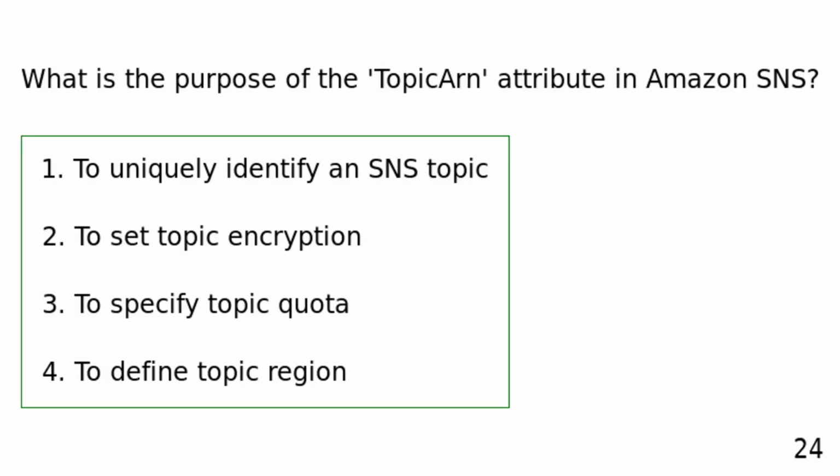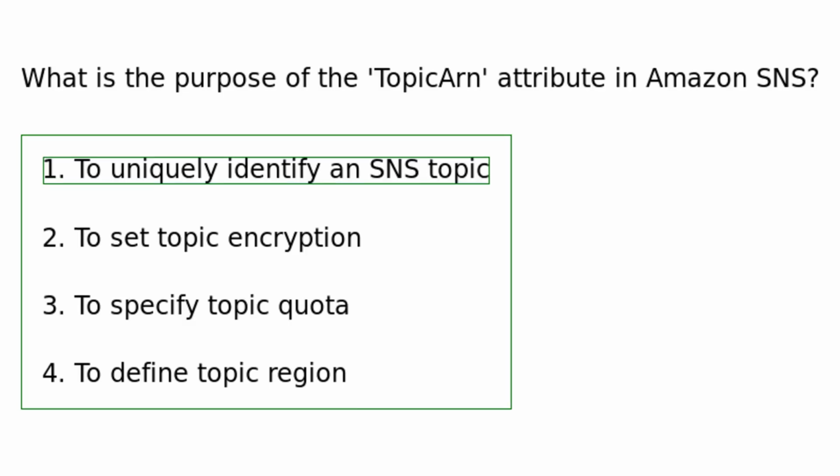What is the purpose of the topic attribute in Amazon SNS? To uniquely identify an SNS topic. To set topic encryption. To specify topic quota. To define topic region. The topic attribute in Amazon SNS is used to uniquely identify an SNS topic across all of AWS, following the